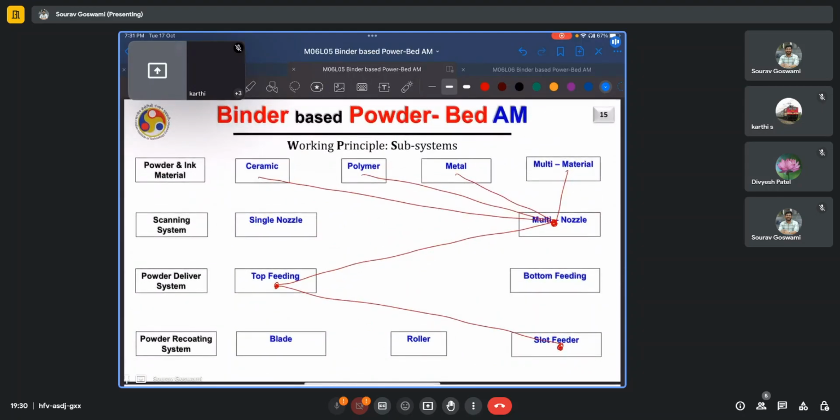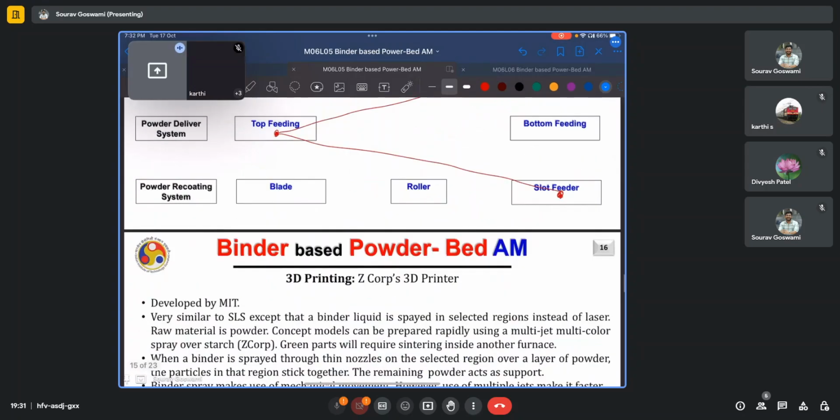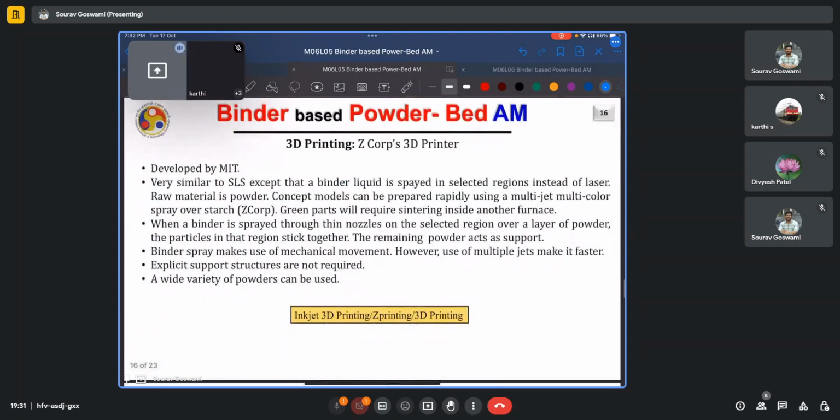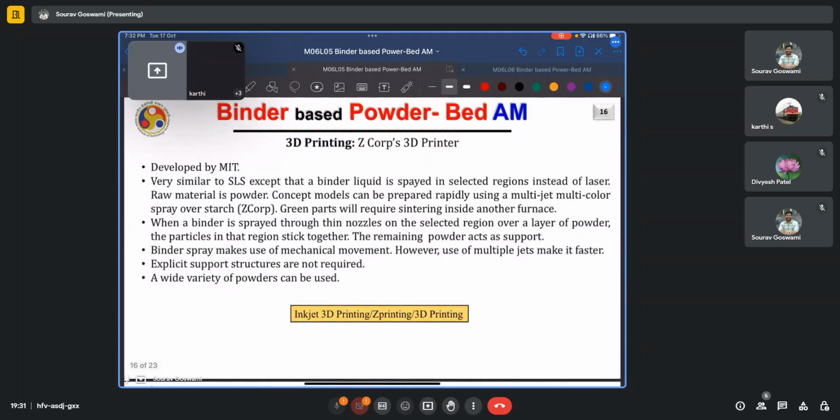So let us check out some of the machines which have been built and which operate on the principles of binder-based powder bed AM. One of the very first machines, which was developed by MIT, could process ceramic, polymer, and metals as well as a combination of these using a multi-nozzle deposition head and a top-feeding powder delivery system utilizing a slot feeder. And it was called Z-Corp's 3D printer. The terminology 3D printing itself has been developed by MIT,